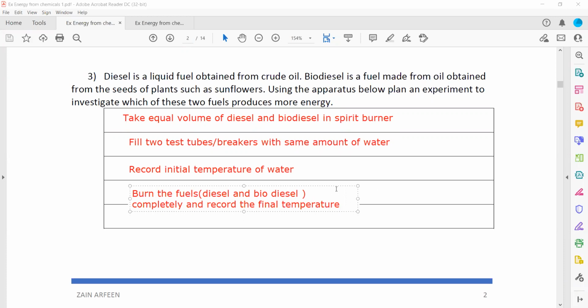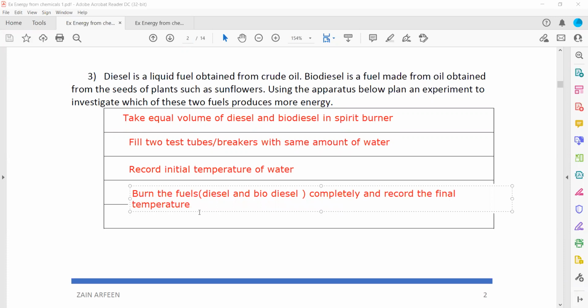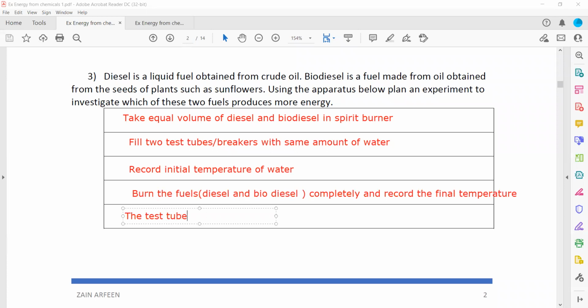So when we burn them completely, we'll record the final temperature. So the test tube or the beaker which shows greater change in temperature